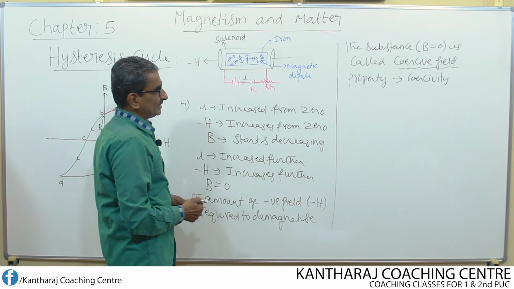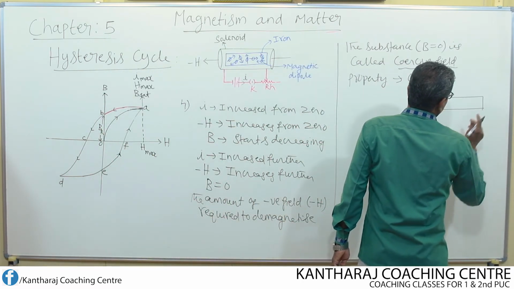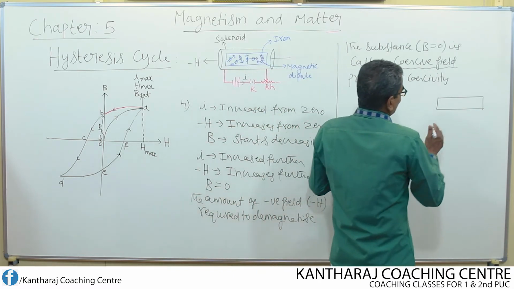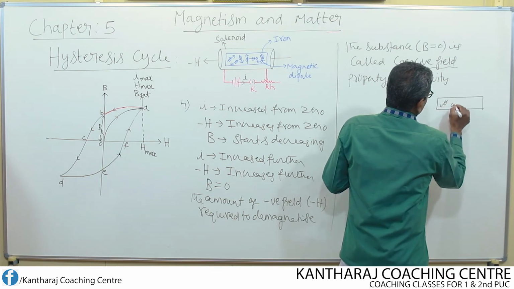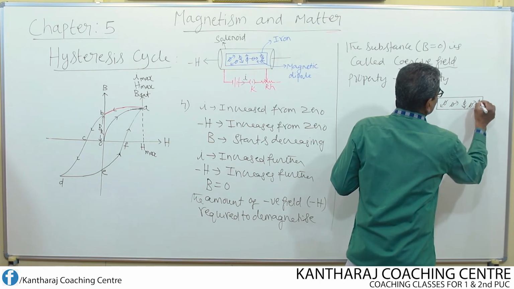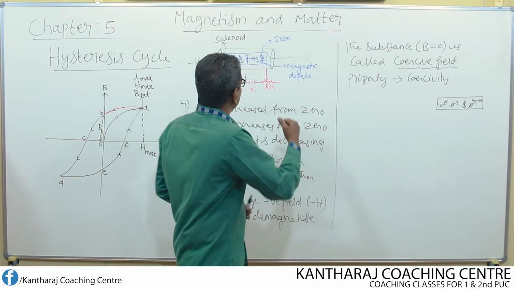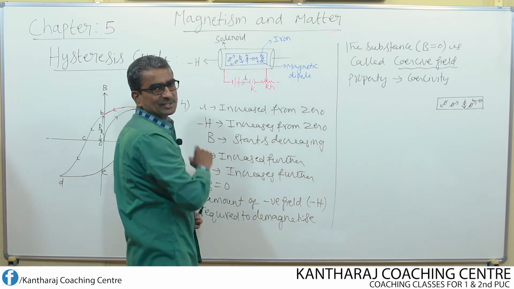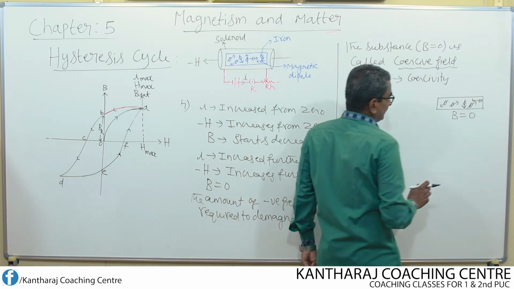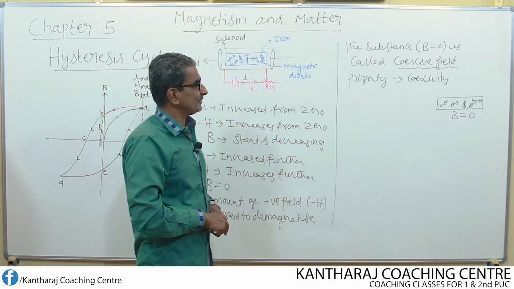What is meant by this? Let us try to understand. Now all the magnetic dipoles get oriented once again in random directions. So like this. If all the magnetic dipoles orient themselves in random directions for negative H, then it means that the substance has lost its magnetism, thereby B becomes equal to 0. So that is the meaning of this.